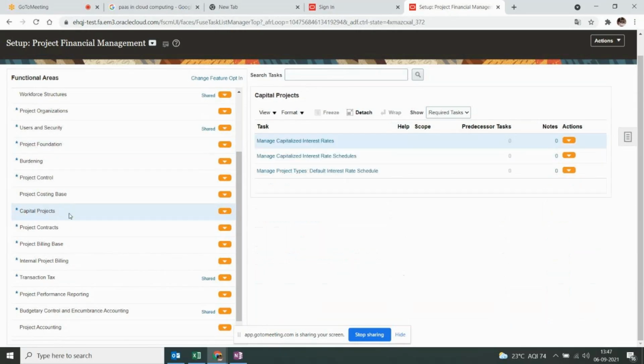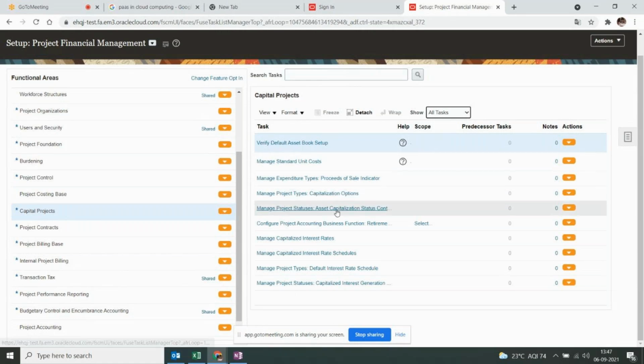capital projects, then the setups that are required to configure your capital projects apart from your basic foundation configurations. If you go to the all tasks, you can see everything. Again, you can see the same project type within the project foundation, right?